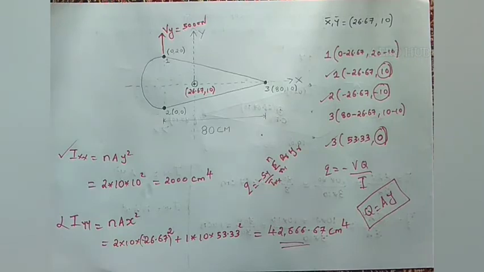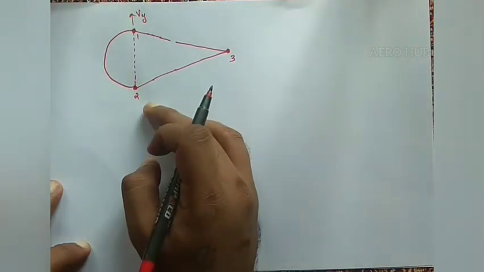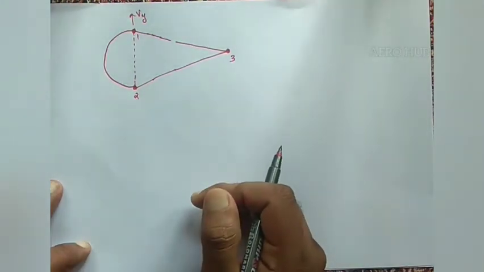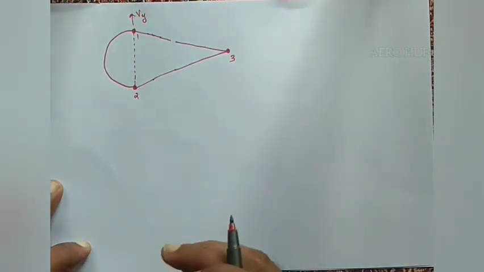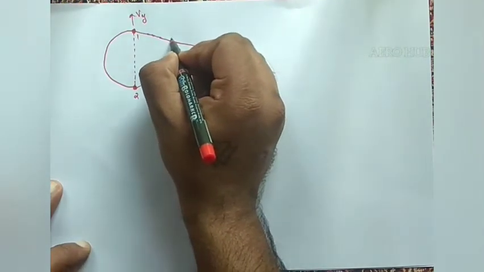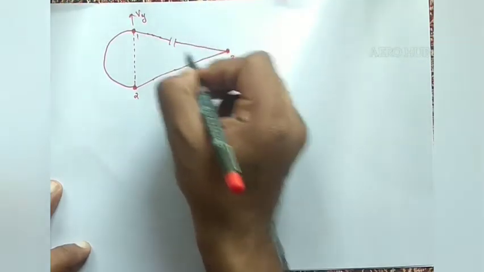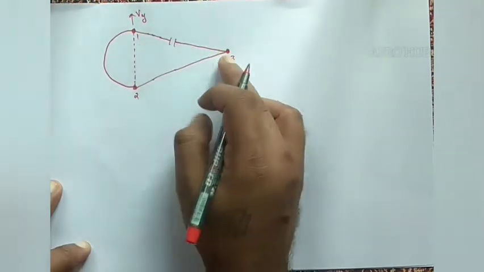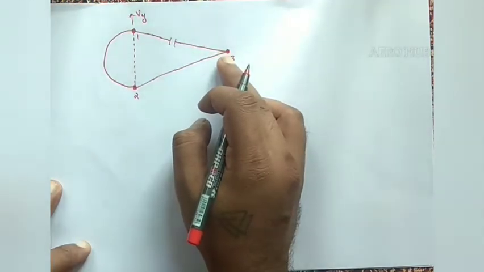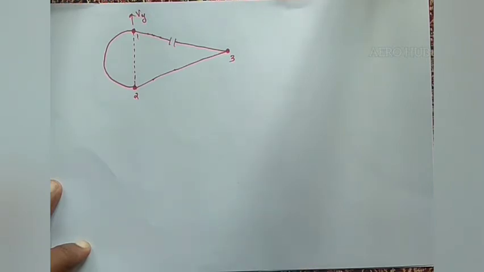Now we will find out the value of shear flow. Now again consider the airfoil section. We are finding out the shear flows for the section, and since the section is a closed section, I am providing a cut on the portion 1-3. Therefore the shear flow on the portion 1-3 will be 0. Since the section is symmetric about the horizontal axis, the shear flow for the portion 2-3 also should be equal to 0. That will be the case when the shear flow for portion 1-3 is 0.